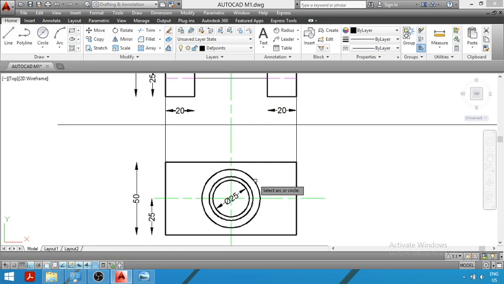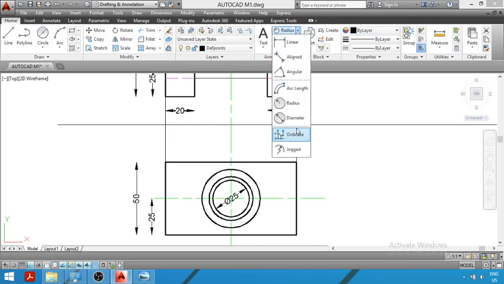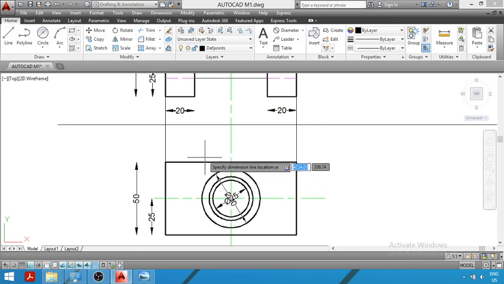See in here, this outer circle is having a diameter of 40 mm. I will give you a dimension. This outer circle is having a diameter of 40 mm outside. Okay, here dimensions are overlapping, so I will not show the inside dimension. So the diameter of this inside circle will be equal to 25 mm. So we have drawn three circles: outer circle of diameter 40 mm, then the second circle of diameter 30 mm, and the last circle of diameter 25 mm. So we have completed the top view of the vertical cylinder.